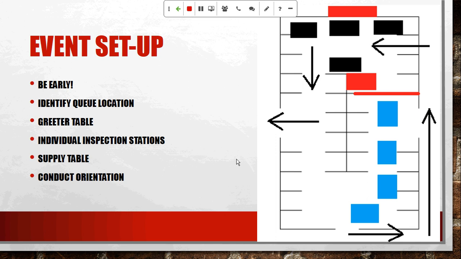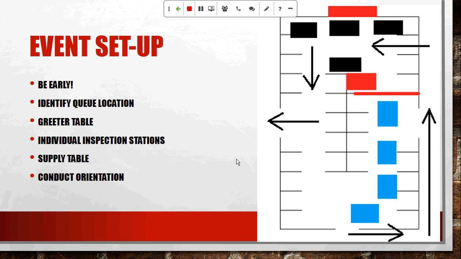Also, the individual inspection stations, the black boxes, so this is where the magic happens. This is where your technicians are really going to do their thing and shine. So these should be manned by at least 2 technicians or at the very least 1 technician and a scribe. It works best if each station has a tote box with the necessary materials to complete the inspection. However, sometimes there are funding constraints that prevent this from occurring. So if that is the case, the materials can be kept in one central location that are available to all